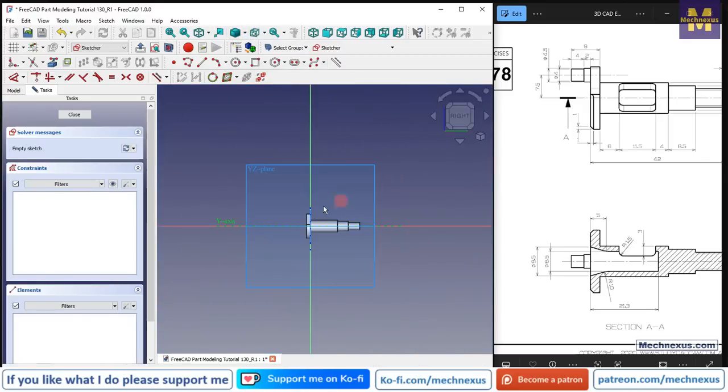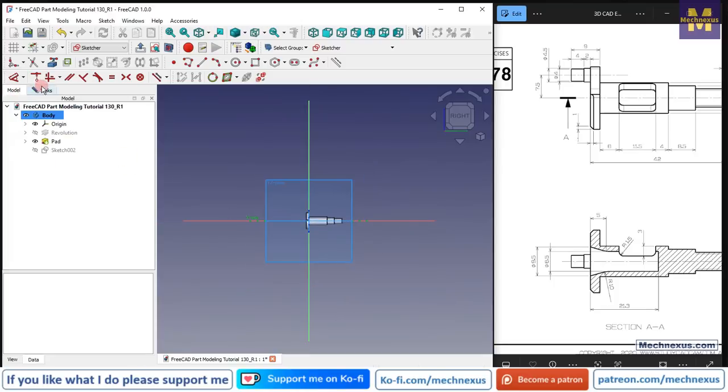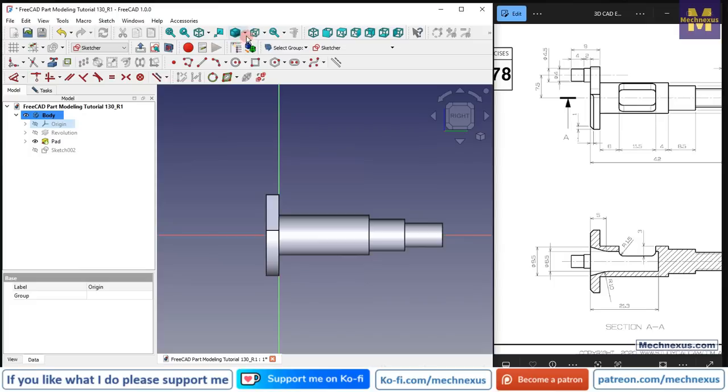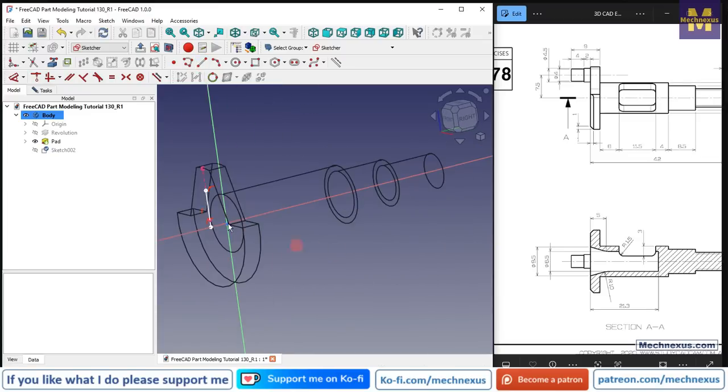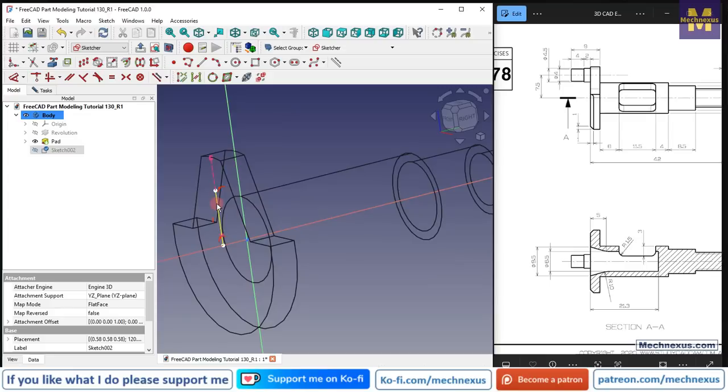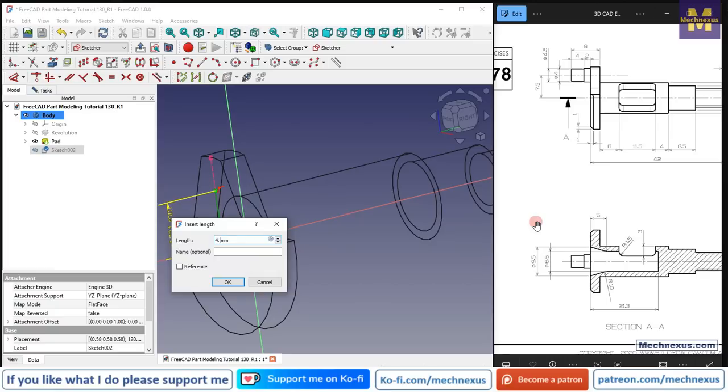Now we will hide the origin plane, and let's switch to the wireframe view. And now here we will click on the project geometry, and we will project these edges, and here I will select a line tool, and now let's first constrain this line. Select a smart dimension and provide it 4.75,